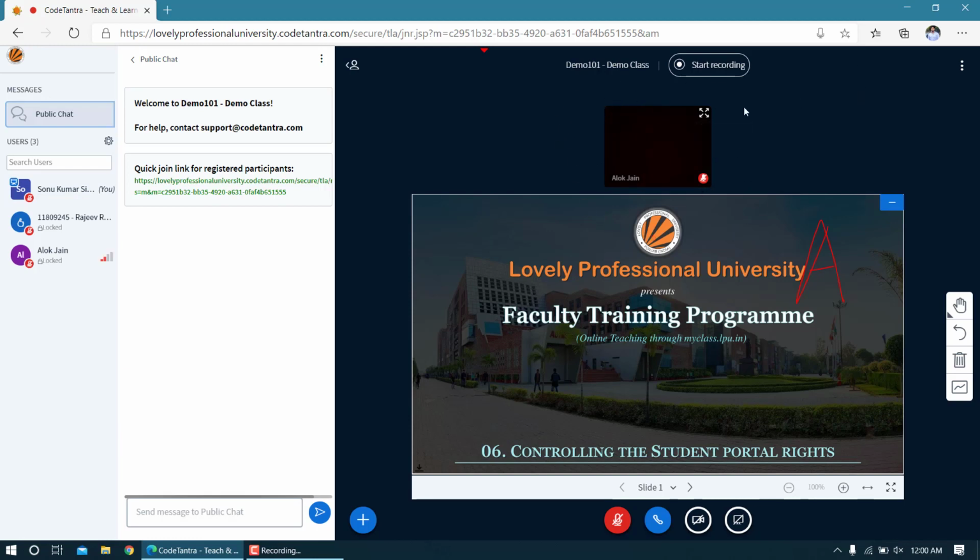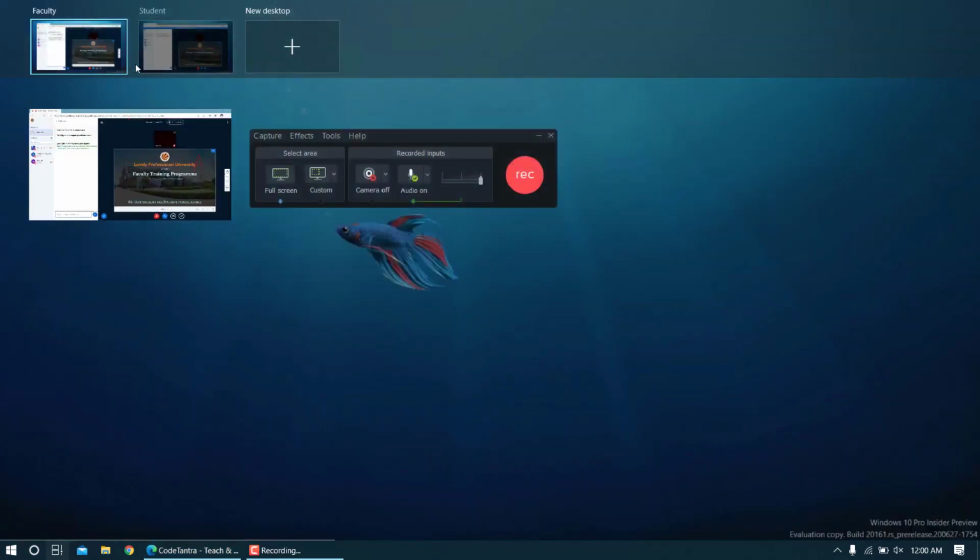So that is how you can use this feature if you want. But once you unlock this webcam feature, it becomes available to each student, so use this feature wisely. It is not advisable to use it every time, but yes, if you feel that it is important to you, you can surely use it.